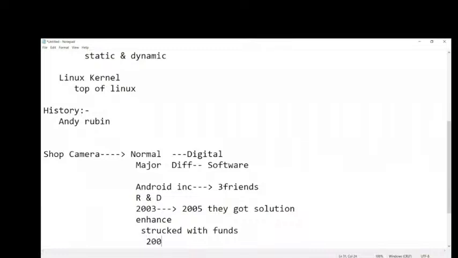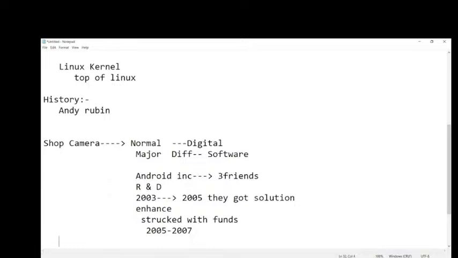So from 2005 to 2007, they approached a lot of companies. In 2007, they released one static version of software for camera.